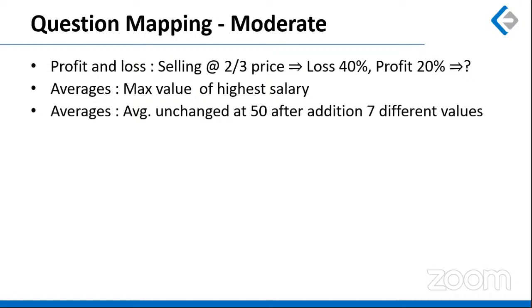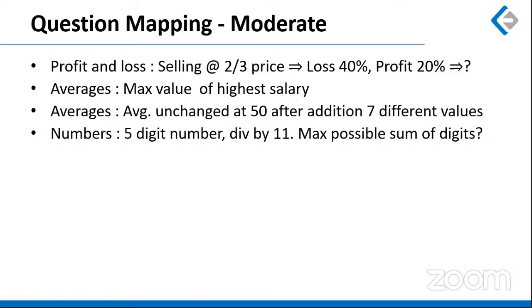Here there were 45 observations and their average was 50. 7 more values have been added and the average still remains 50. So what was the lowest value of the highest number that was added? The question might sound slightly confusing depending upon the language used, but if you just think over it, the middle value will be 50, and then the three values will be 51, 52, 53, and the three lower values will be 49, 48, and 47. If you're able to realize that, you would have cracked the question.